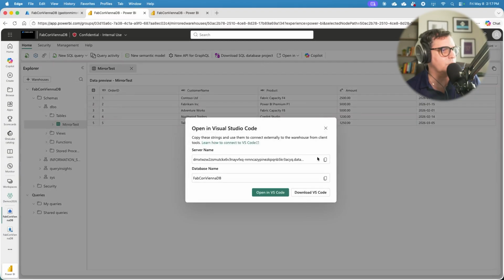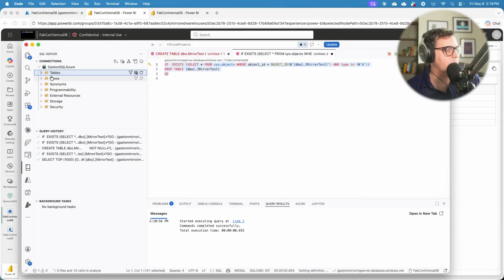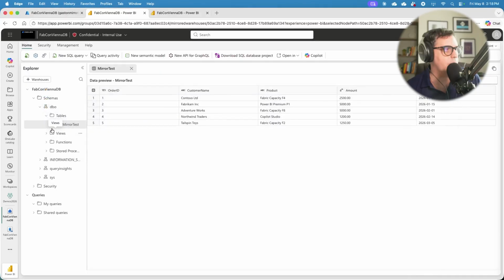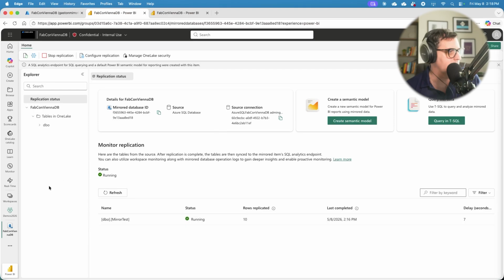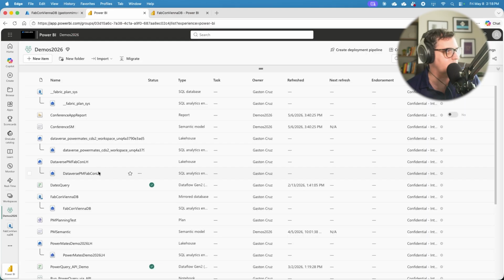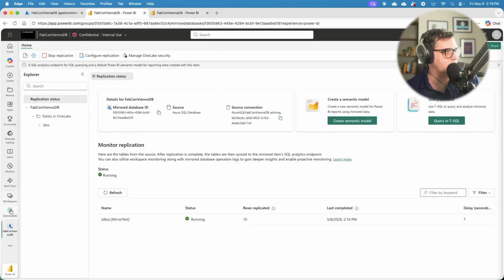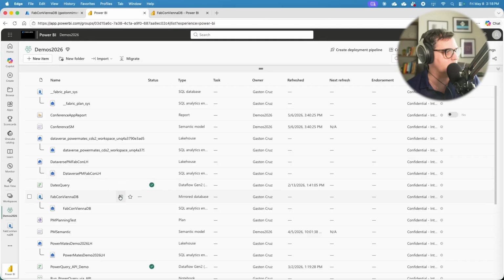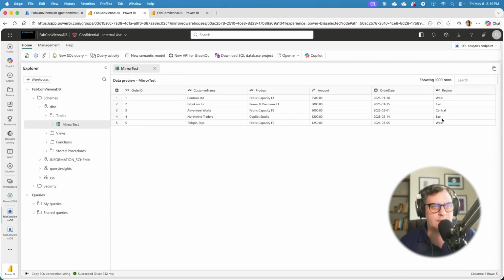Let's try with Visual Studio Code again, because that's another option that we have. Oh, this is connected to Azure SQL. Let's hit this one from Fabric so we can see how this is running. And again, going back here and check. Oh, this is not the right one. Let me check here, and this was the one. Here you see. Now it's refreshing and it's coming back with the latest column that we just added to the